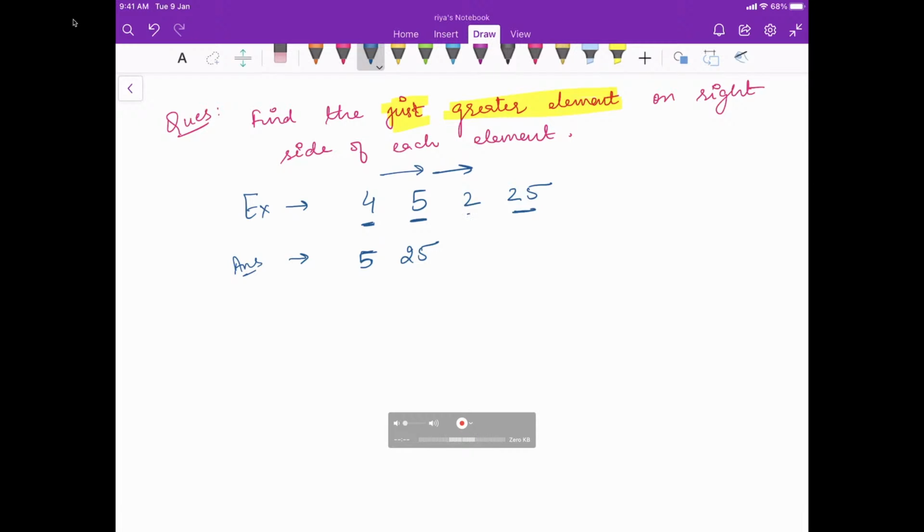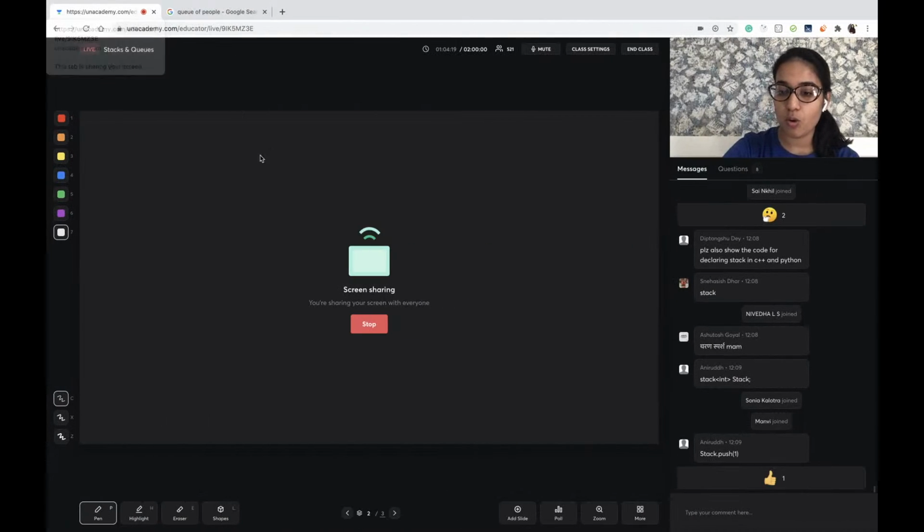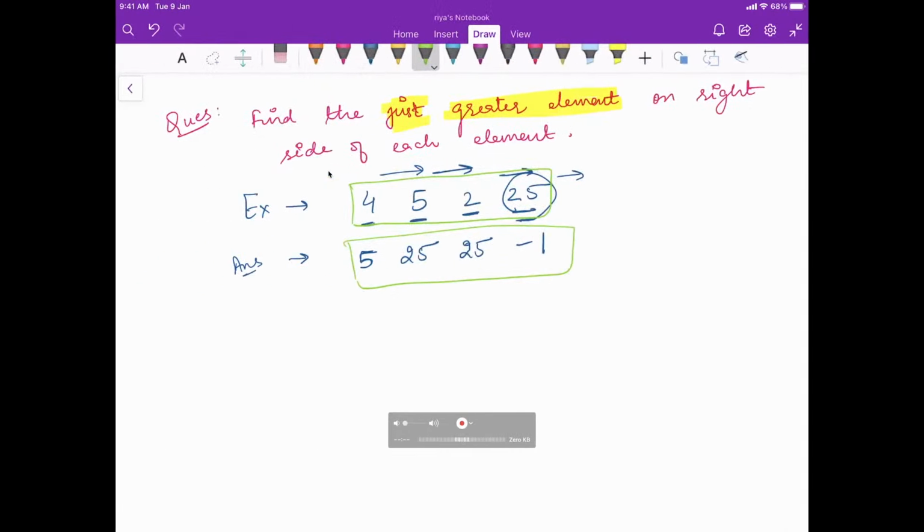For 2, the just greater element is 25 again. For 25, there is no greater element on the right side, so the answer is -1. So if the input array is given this way, the answer is going to look like this.